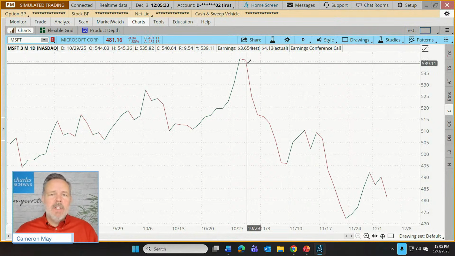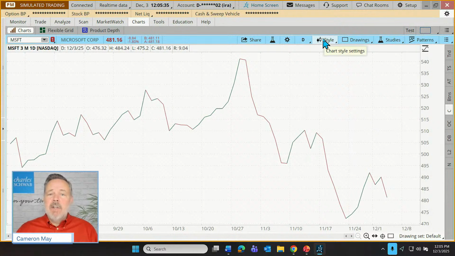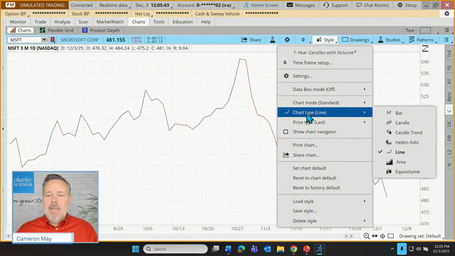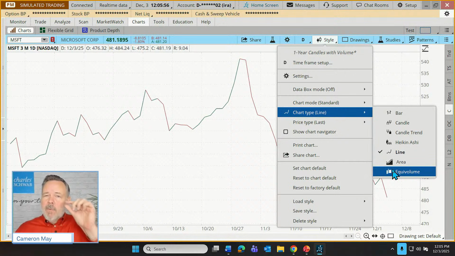Now, if you don't know how to switch to a line chart, each of our chart types are found right up here under Style. So I'm going to click on Style, and you'll see that right here where it says Chart Type, I've selected a line chart, and here are the 7 available charts. And you'll notice this one's actually the 5th. So I'm not necessarily going in alphabetical order, which is the way that these are displayed, but I'm going to start with what I consider to be the simplest in its construction, and then move on to the most complicated. Hopefully that'll be a good warm up as we go. We can get our brains loosened up and absorb this new information as it comes in.